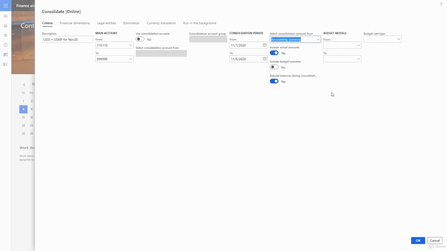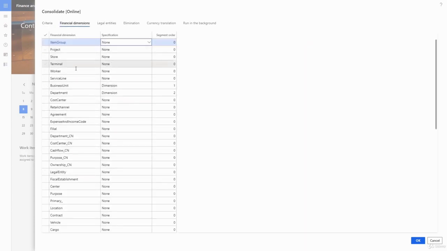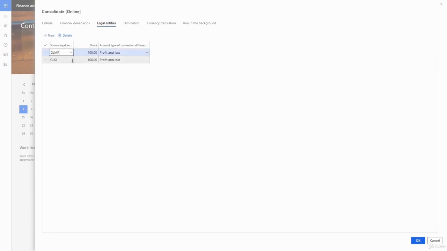And as I said earlier, I'm not going to select the budget amounts. So I'll just select include actual amounts. In financial dimensions, if you have the same financial dimensions across all of the legal entities, those will be copied across. And in my legal entities is where I'm actually going to define which are the legal entities from which I'm picking up the data. So I'll say USSI and